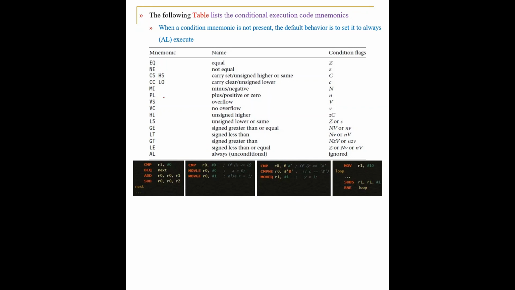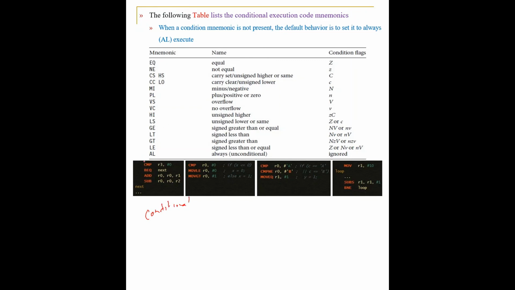Every instruction will have a condition. So only if the condition is satisfied, then the next instruction gets done. If the condition is not satisfied, the next instruction is not executed. It is going to be ignored. That is what is meant by conditional execution in the ARM processor. This topic has been discussed, in fact, in the very first video session where we said conditional execution. Conditional execution is all about this one.